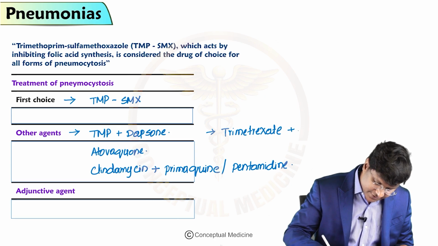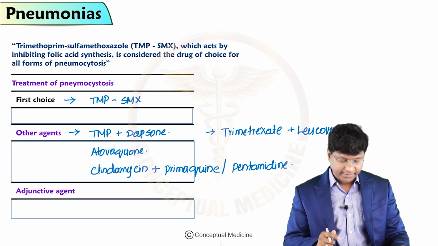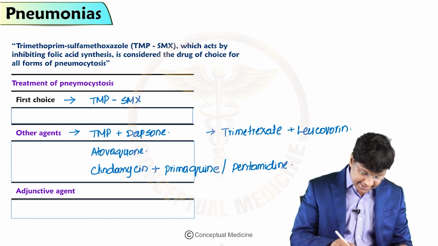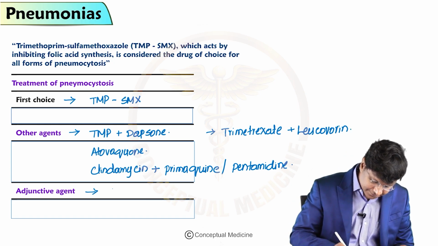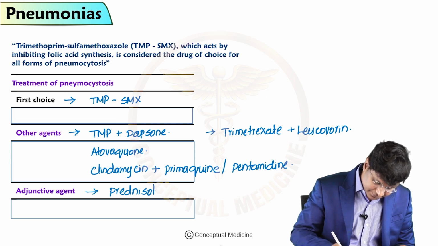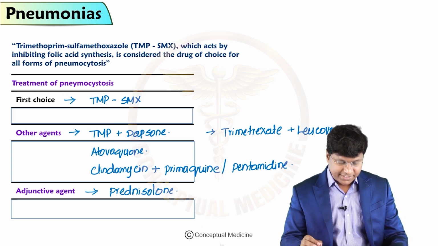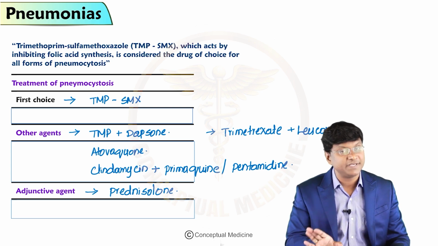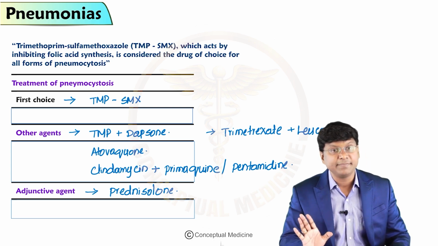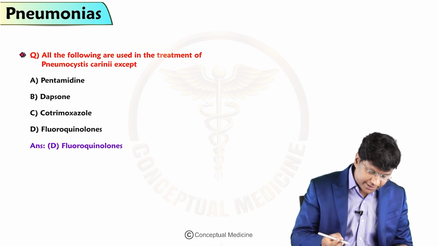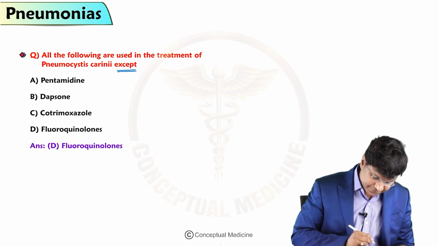Right, trimethoprim plus leucovorin. These are the other alternative agents that can be given for your PCP pneumonia. The adjunctive agent is prednisolone. So these are the antibiotics that can be given for PCP pneumonia, but the first line is trimethoprim sulfamethoxazole. So going to the question, all of the following are used in the treatment of PCP except: pentamidine